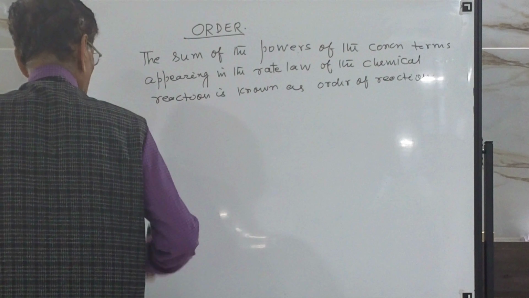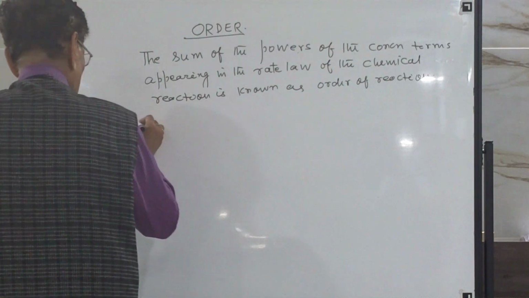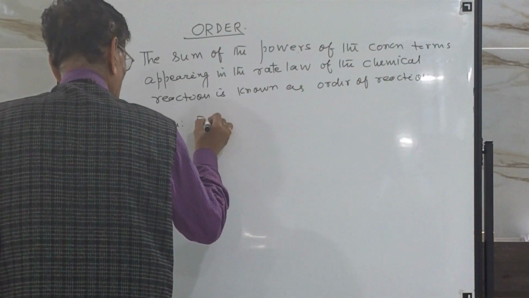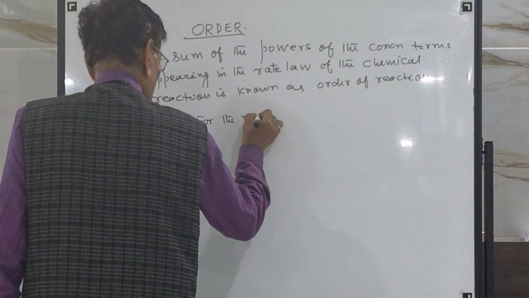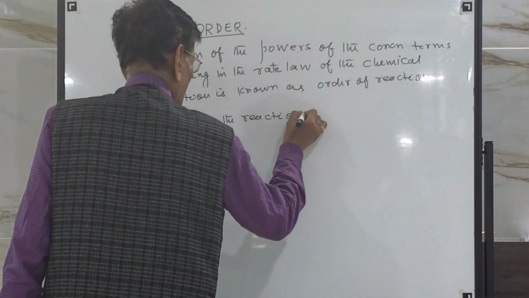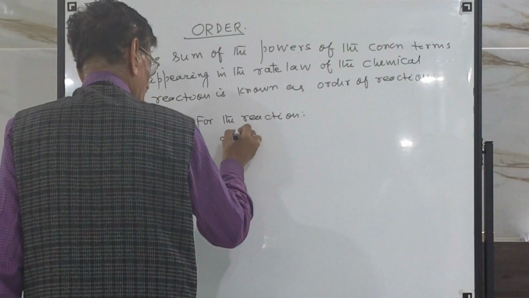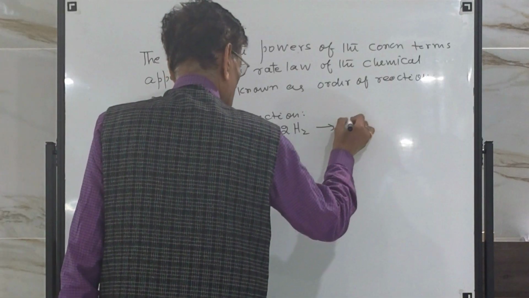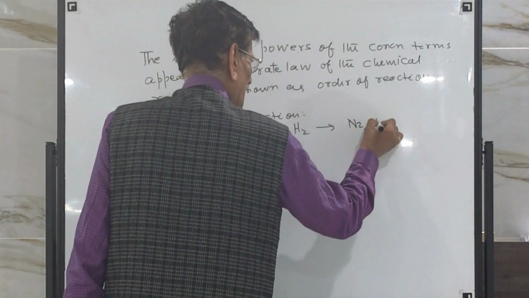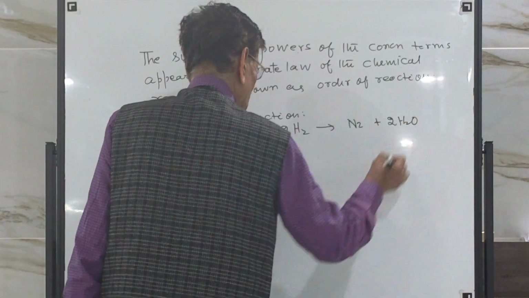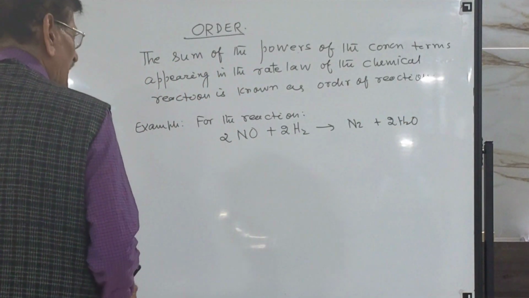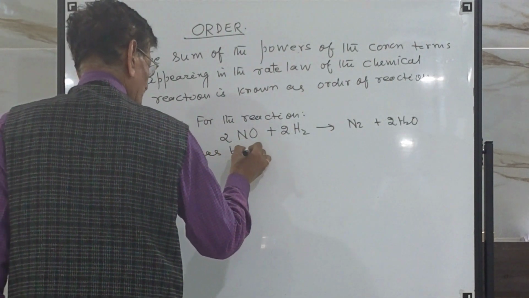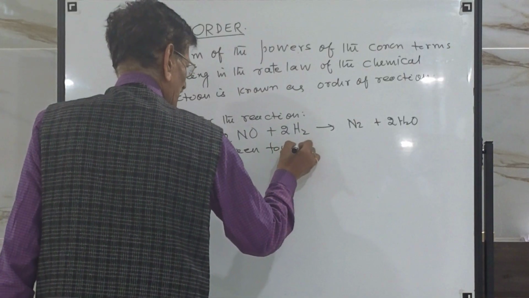Suppose, just for example, for the reaction 2NO plus 2H2 gives N2 plus 2H2O, it has been found experimentally